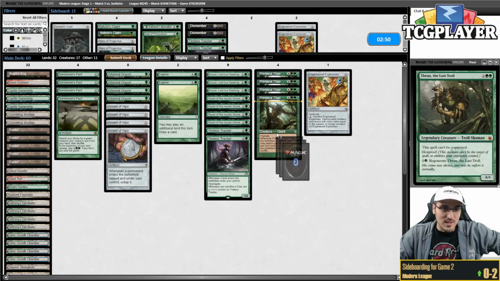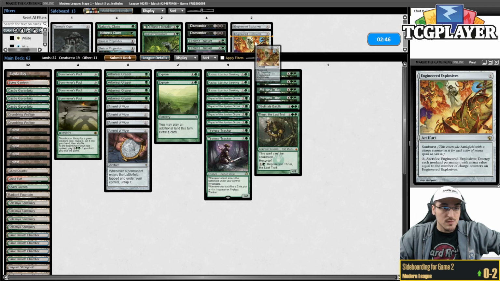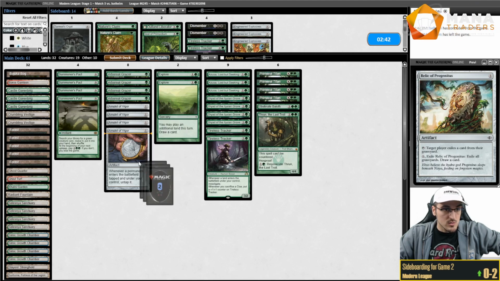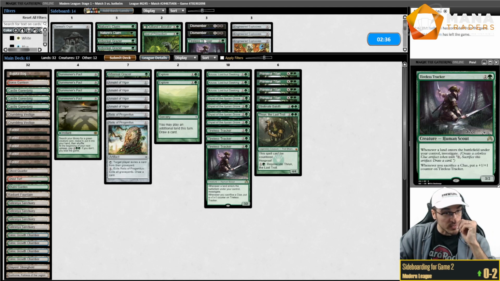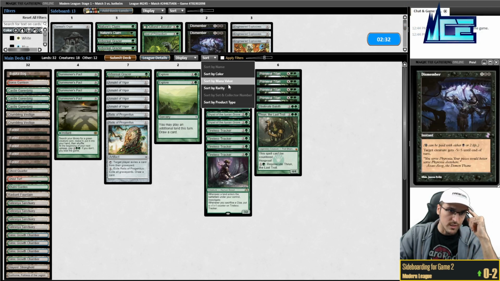All right, definitely want Baloth, definitely want Tron. I don't think I want Explosives. Definitely want Relics. 100% want Relics. I don't think I want Gracers. And I kind of want Hylas trackers. Maybe going up to 4 is a little bit too much, but